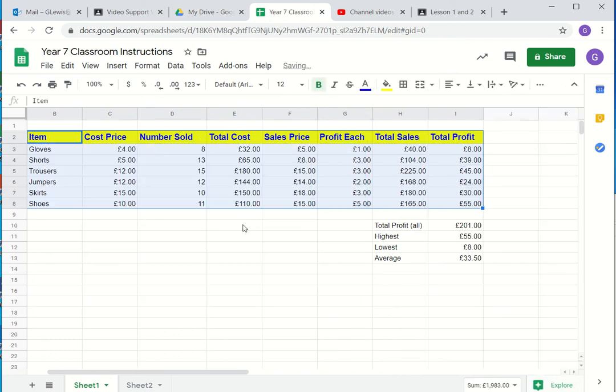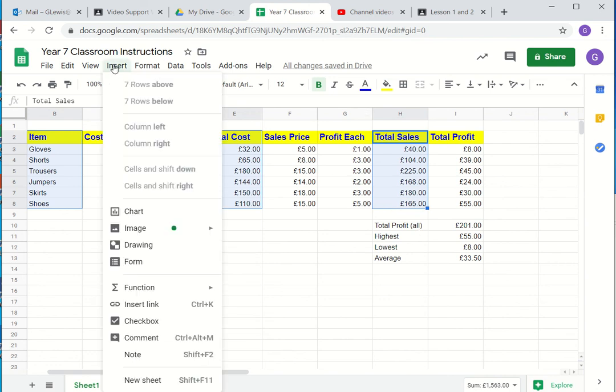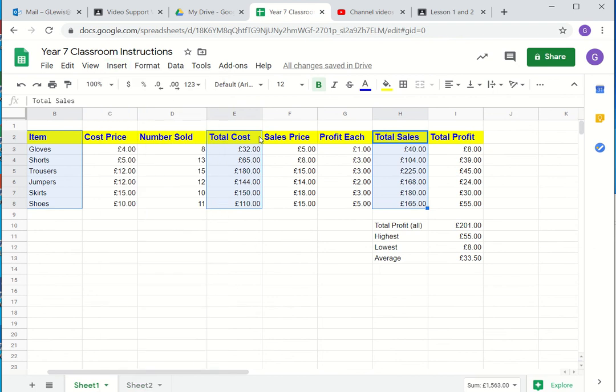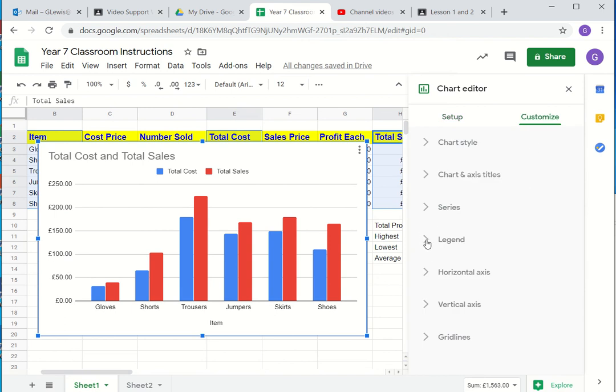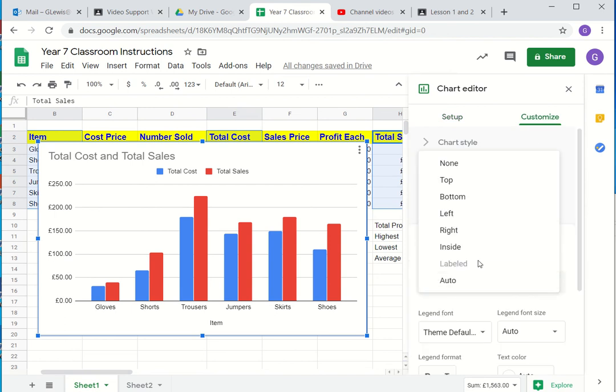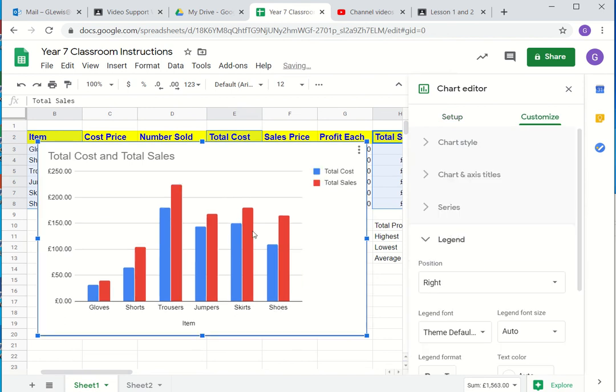So what I'm going to do, I'm just going to be selective. I'm going to use the CTRL key, the control key on the keyboard, to highlight total cost, total sales. That's all I want to do. And now I'm going to insert, I've now let go of the control key. I'm going to insert chart, and now it'll just put a chart of total sales and total cost. You can see I'm going to go to customize because I want my legend to be on the right hand side, and of course I can go to